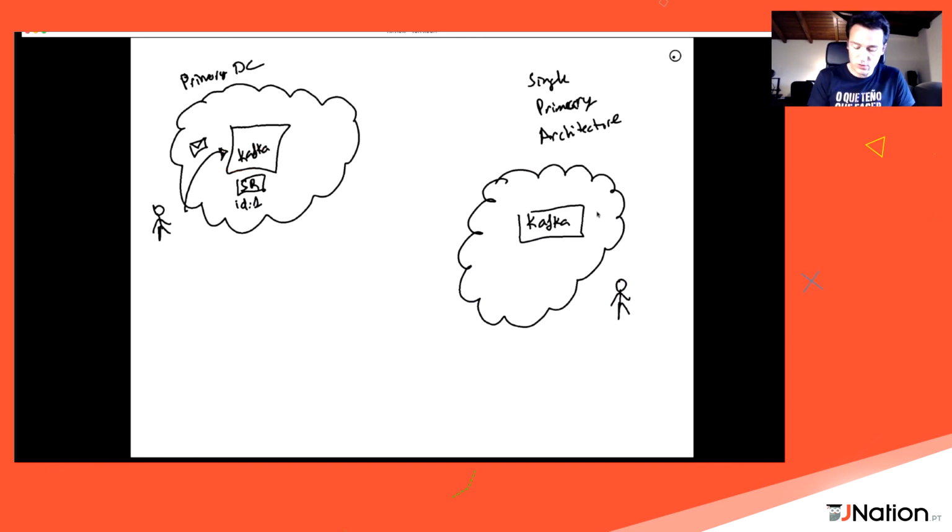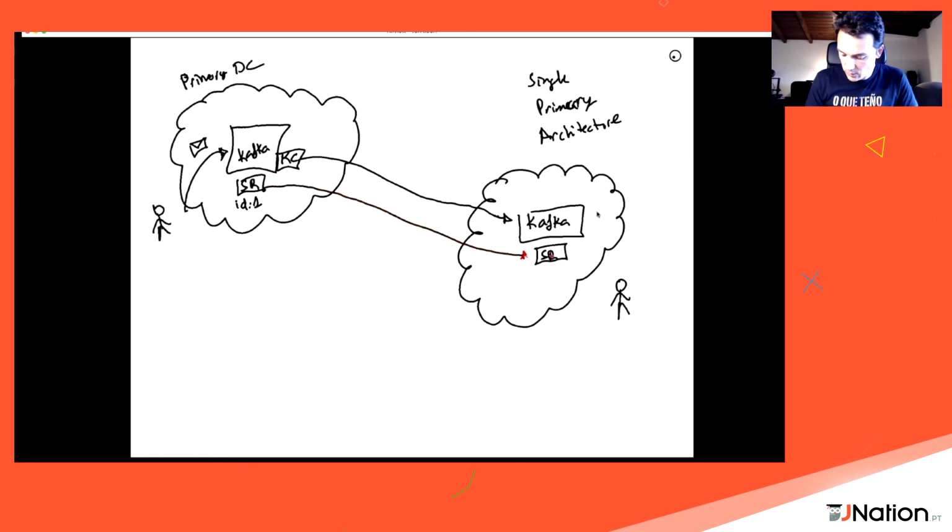So what we are going to do, as we mentioned before, is send that data to this Kafka using Kafka Connect, but our schema registry doesn't know the ID 1, doesn't know what schema is the ID 1. So what we did initially was, let's replicate our schema registry in the other data center. So now we have ID 1 here.